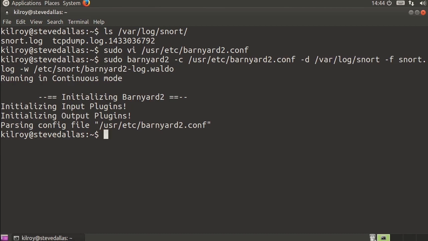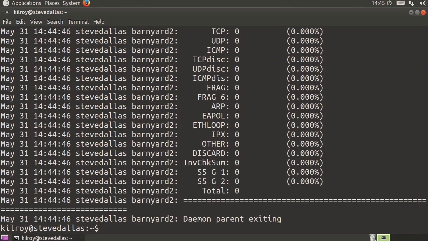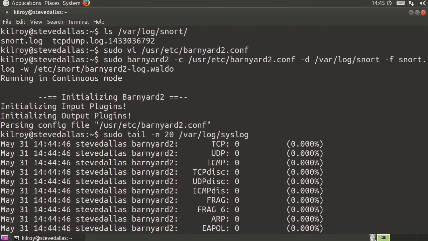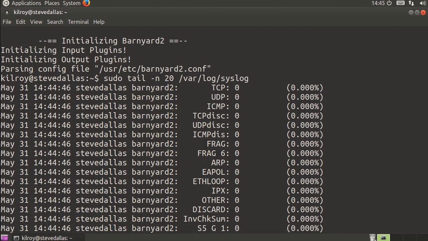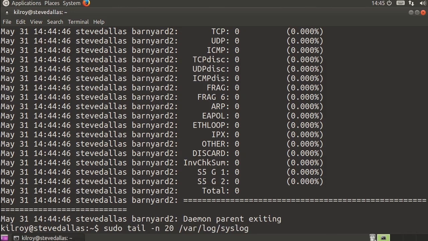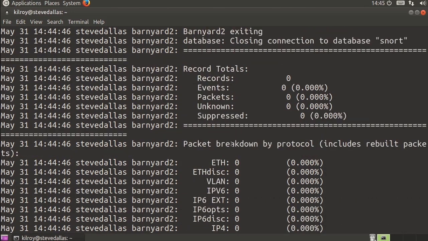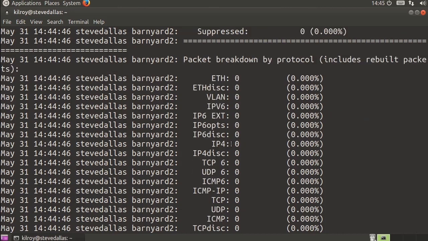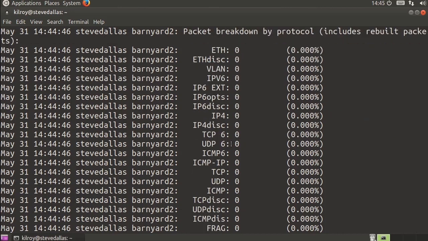It should now be running in continuous mode, which is daemon mode. And we should be able to just take a quick check at the syslog to see what happened here. So I'm going to say tail -n 20 /var/log/syslog, which is where the application would have dumped some output to. It looks like it read the configuration and then started up. Actually, let me back up a little bit so we get some more here. So now you can see that it started it up and it actually has read some information. It doesn't look like it got anything in, but you can see that it dumped some output out to our